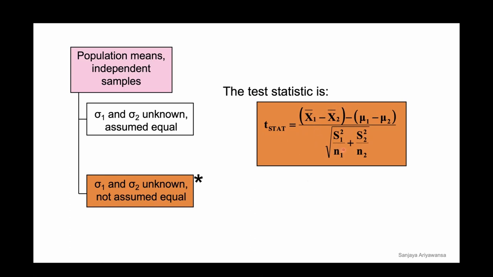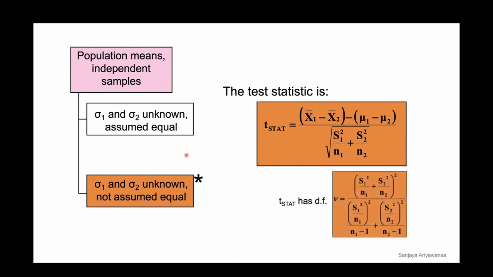The degrees of freedom. Now, in the previous case, when you were assuming they were equal, it was very simple. Degrees of freedom was simply the sample size of your first sample plus the sample size of your second sample minus 2. But in this case, it's a little bit more complicated than that. It's given by this long equation,